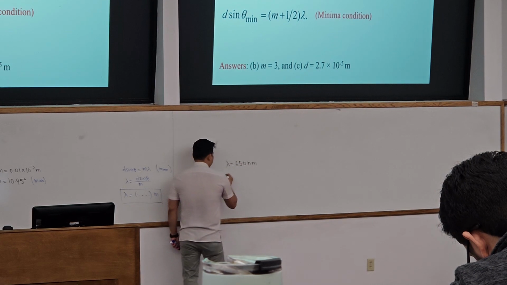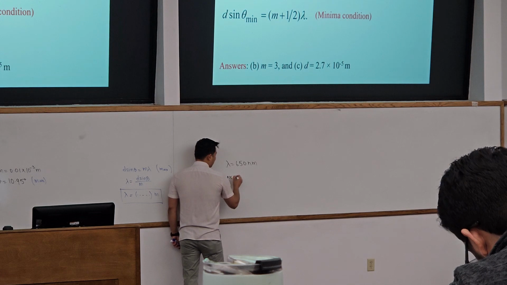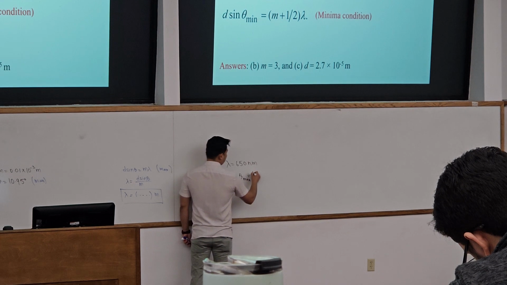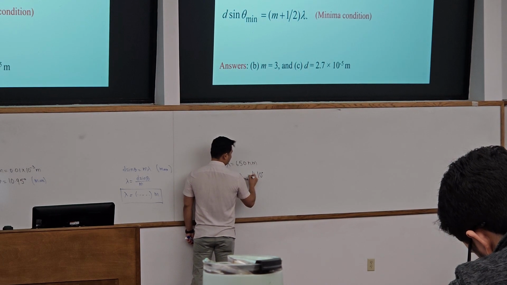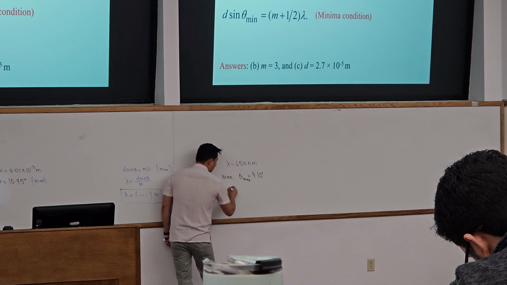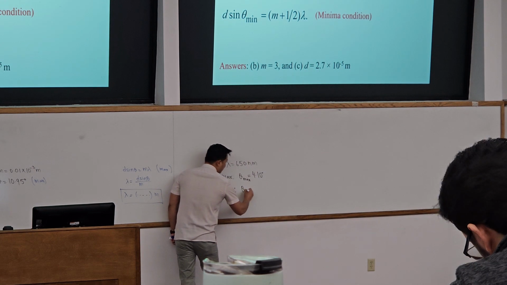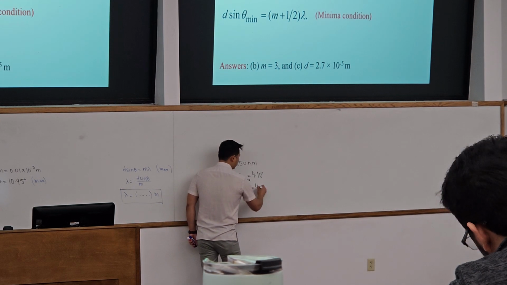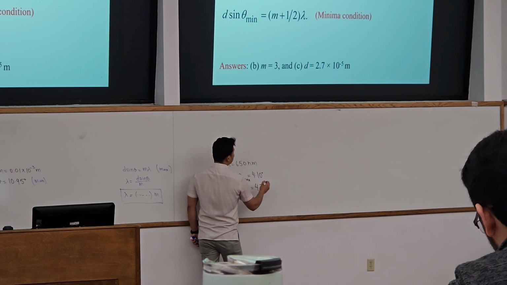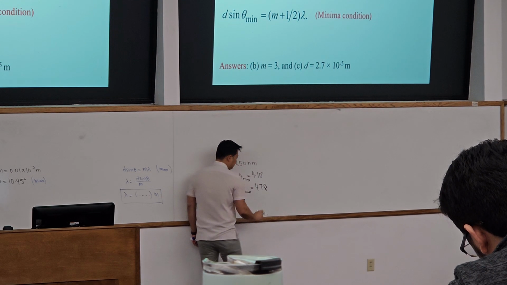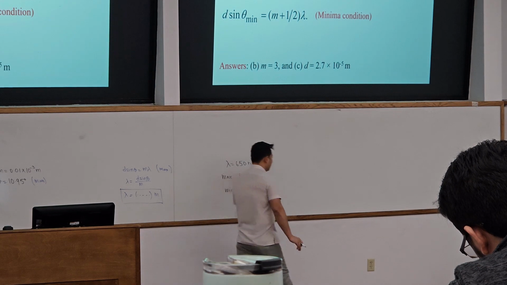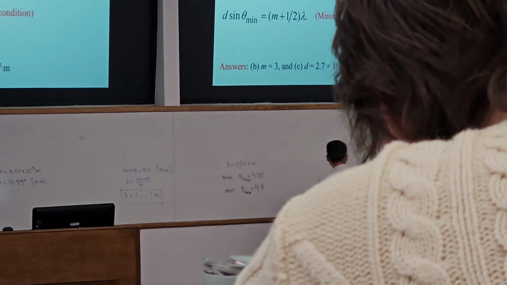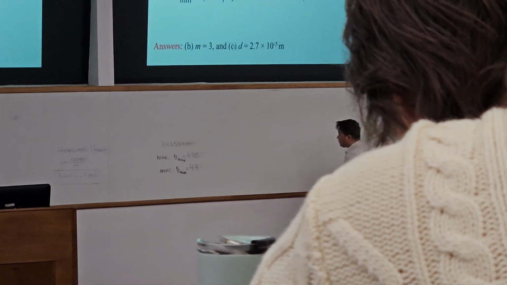So you have one maximum. The angle is given. Let's say theta maxima is given as 4.10. Okay. You have a minima that is seen at an angle theta minima of 4.78. You have 2 angles for the maxima and minima that are seen on the screen.